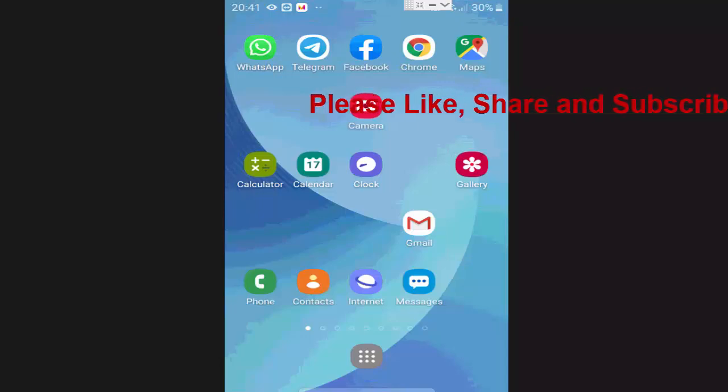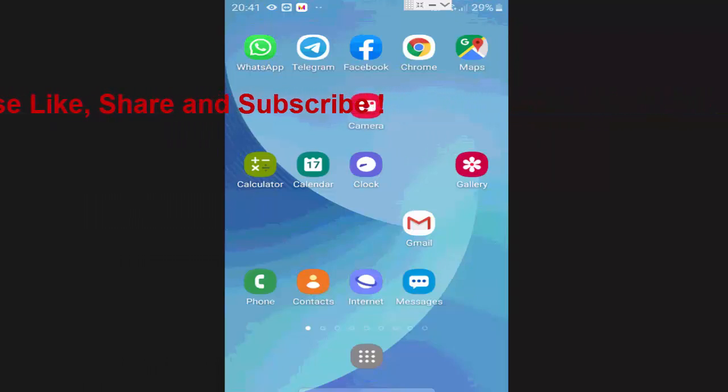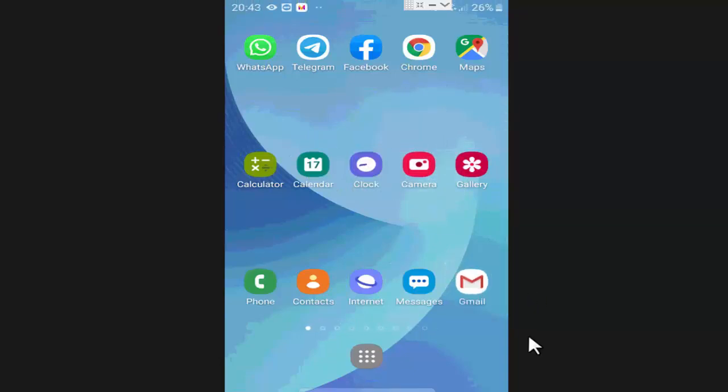Friends, we all customize our home screen by arranging app icons etc. And it's always better to lock screen layout after that. So first arrange your mobile screen. Now after customizing your home screen,